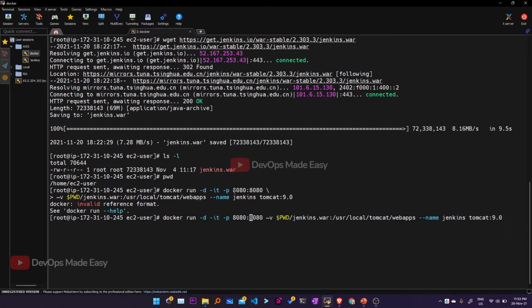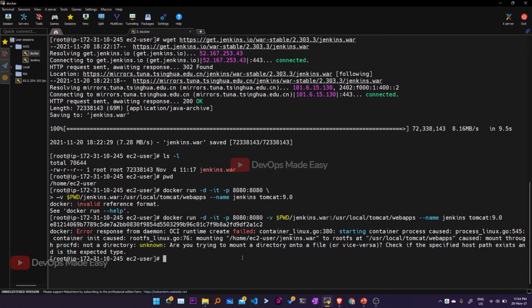It is docker run -d to run it in daemon mode, and -it. For port mapping, I'm using 8080 on the host machine and 8080 on the container. -v is for the volume mapping. Inside the present working directory I have the jenkins.war file, which I'm mounting into user local Tomcat webapps. I'm naming the container Jenkins, and I'm running the Tomcat 9.0 image.